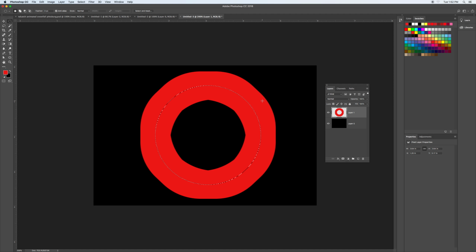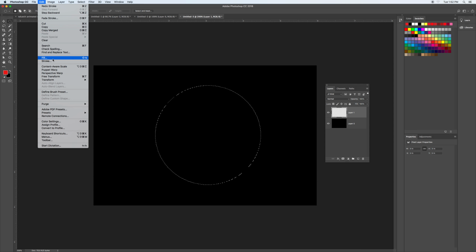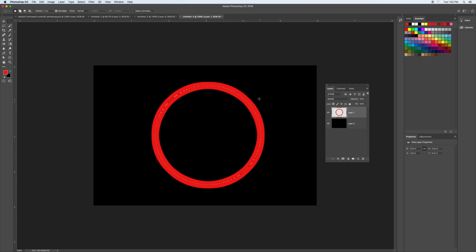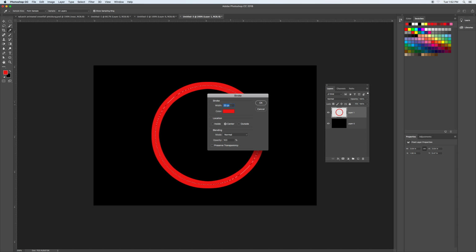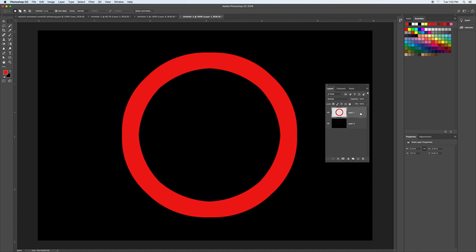And it doesn't look perfectly round there, so I'm just going to do it again and go to Edit Stroke and just put 20. So that gives me that particular circle. It's still on its own layer up here, and I can do it again, stroke that on there, and put maybe even 30 onto there, and that gives me that edge. So if you like that piece, just hit that selection,